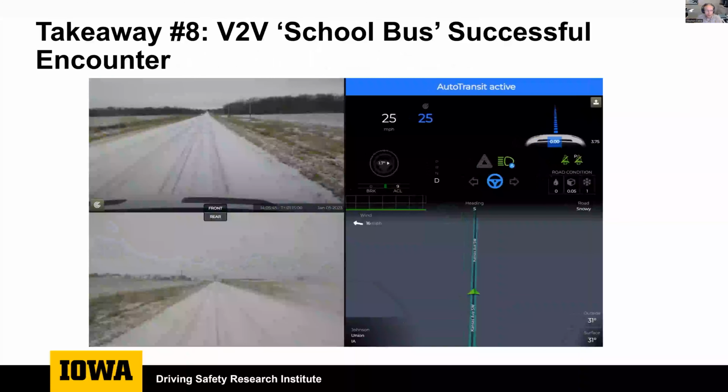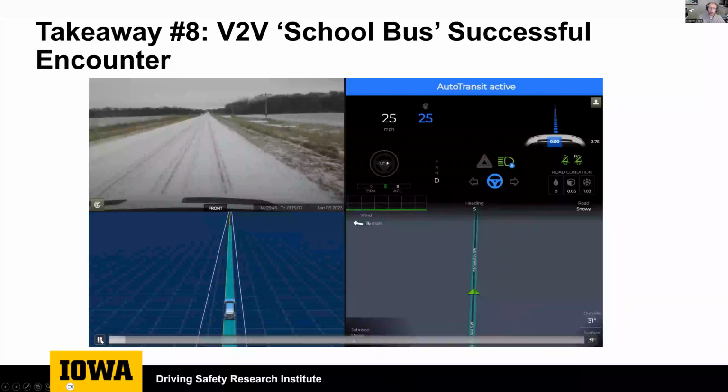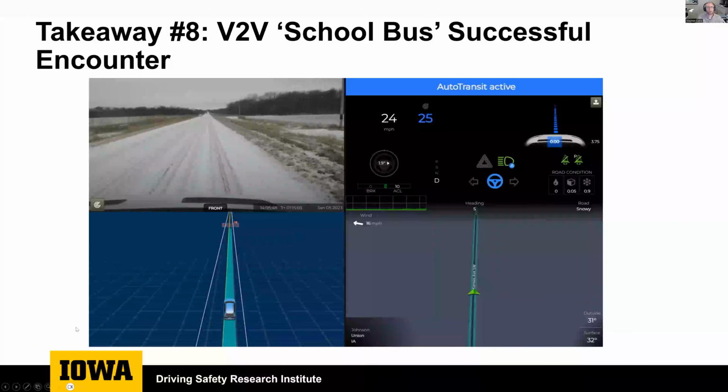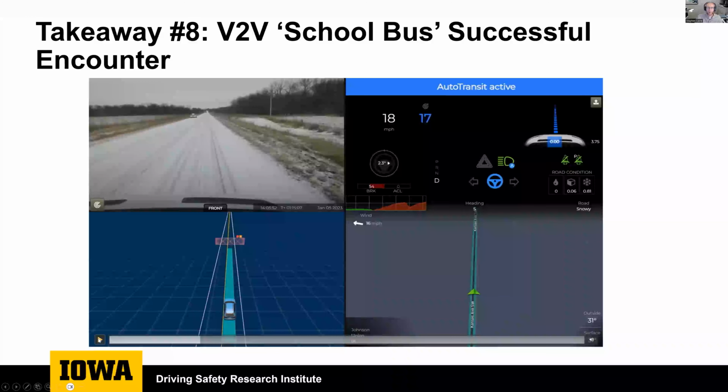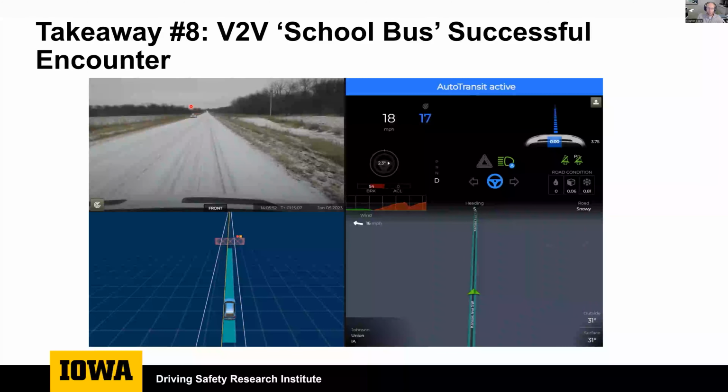Thanks, Cher. So one of the other things that we would like to talk about today is, part of the project dealt with a V2V implementation. And so for this, we actually implemented a school bus. Because the logistics of getting an actual school bus ended up being a little onerous, we actually integrated our software into another vehicle. So it's this Camry you're seeing here circled on the slide.